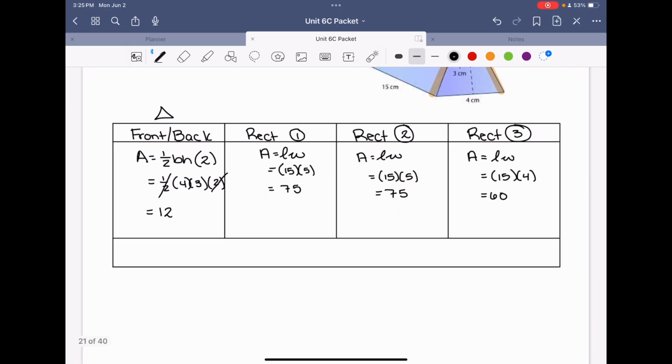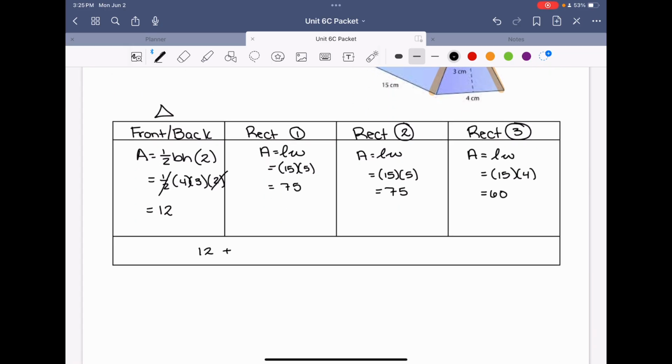Last but not least, you add everything together, 12 plus 75 plus 75 plus 60, and that gives us a total of 222